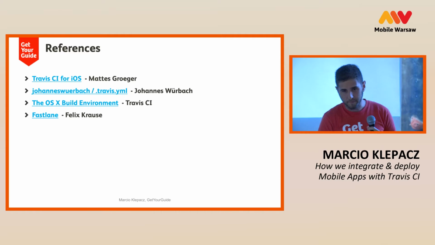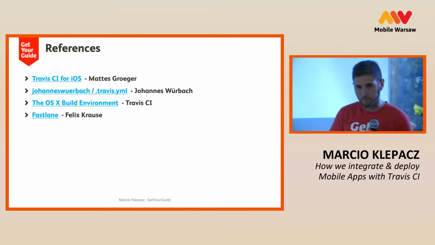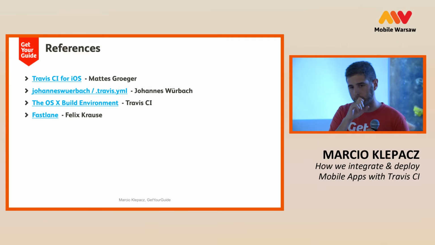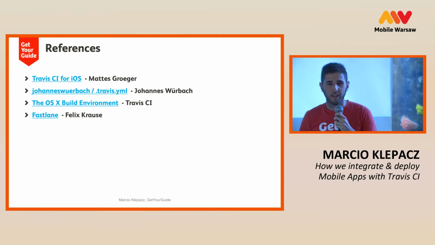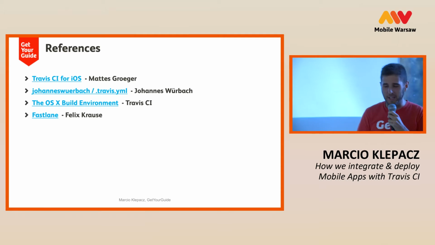I'm not sure I understood. You showed that you're using Travis to prepare different builds for one release, for example, a testing build and a build that has a connection to the live API, etc. And you showed something about changing the bundle identifier. I'm not sure I got it. This is because